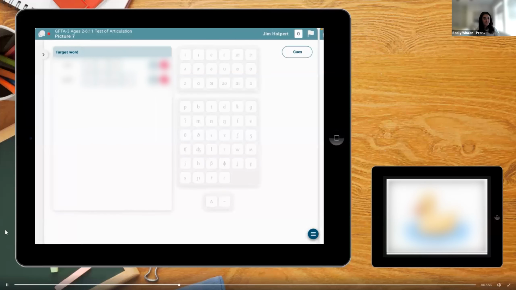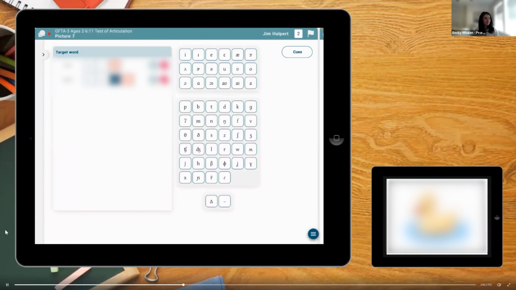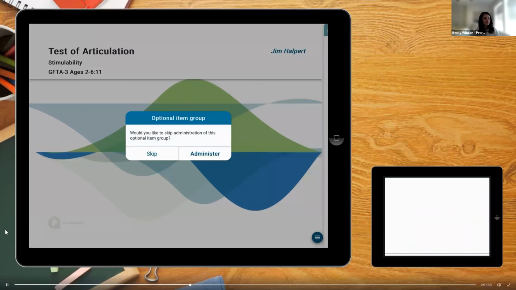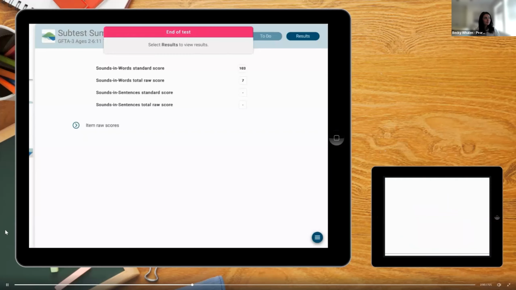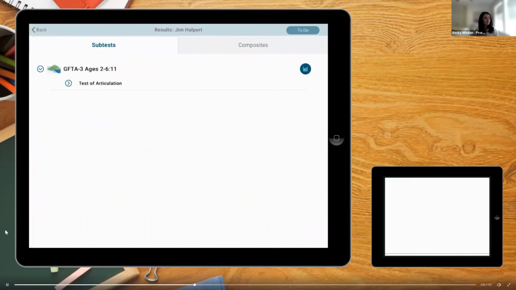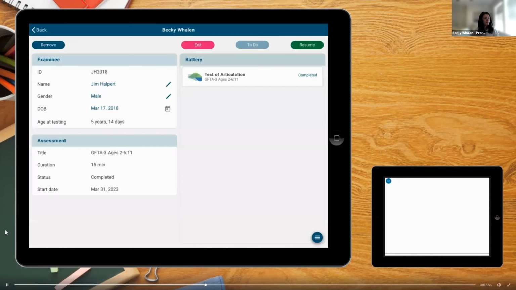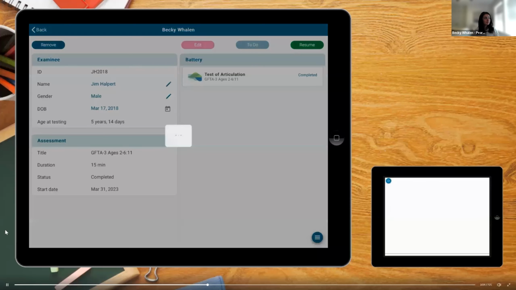And I'm going to spare you and skip to the very end of the test because I know you all know what the Goldman-Fristoe looks like. I'm not going to go through every item. So now we're at the end of the test, and it's been totally scored just by finishing the test. You can see that there's a standard score and the raw score. So it looked like he scored within age normal limits when compared to age-matched peers,